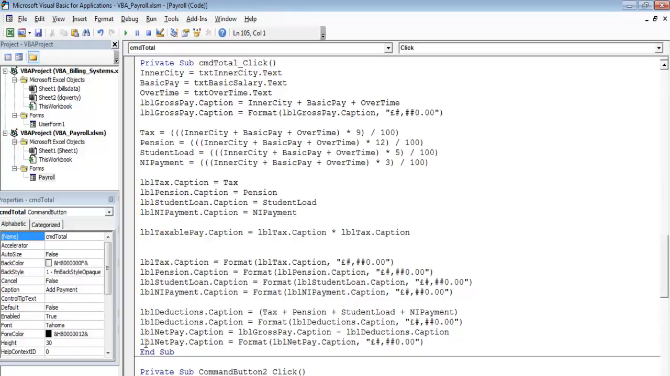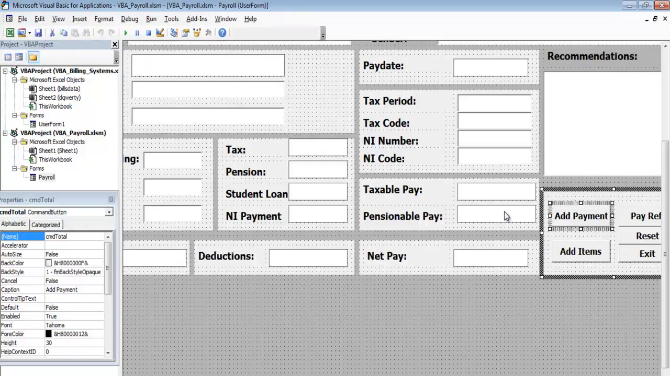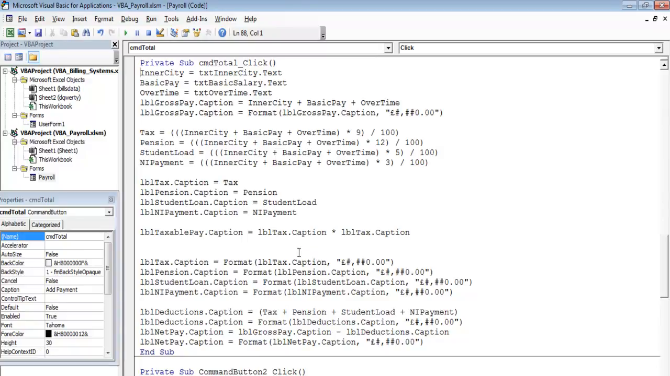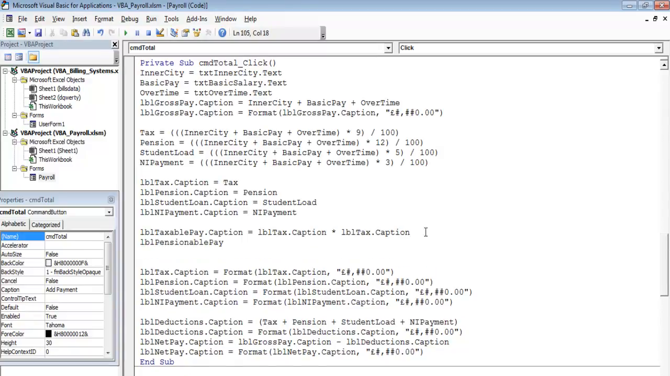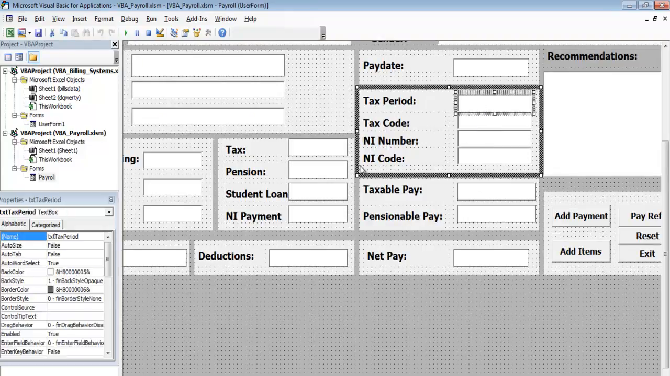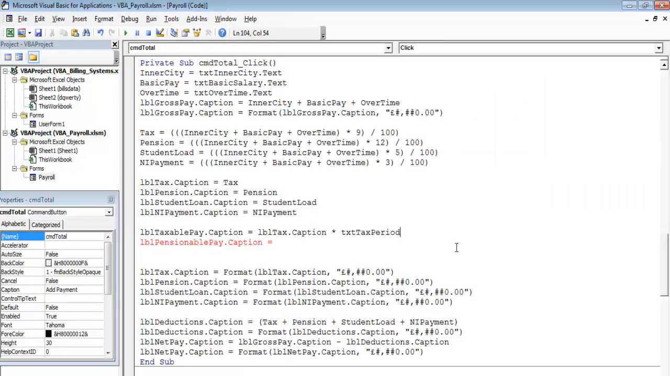So then the next one is this. We repeat exactly the same thing. Dot caption equals period. We need the period of pay. So let's go back. What's the name of that? Okay, paste that in there. Dot tax. All right, and this will be, I think that will be this. Dot caption